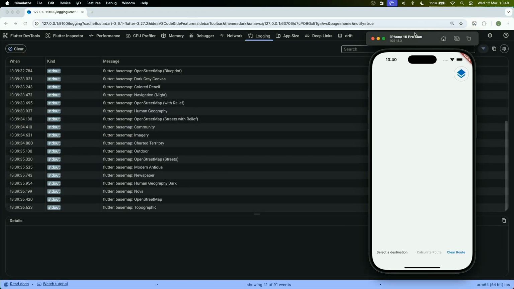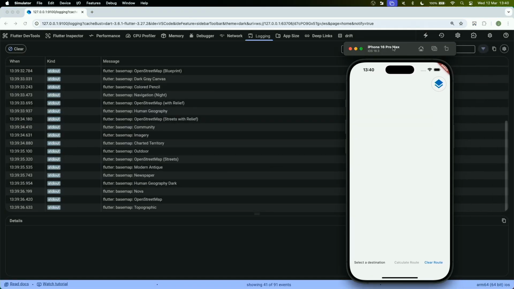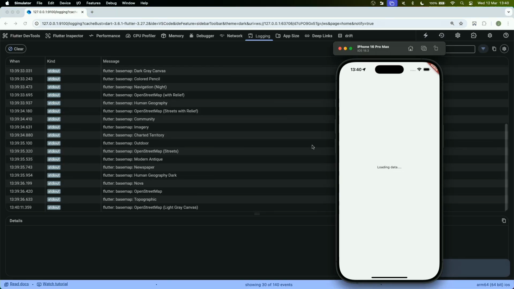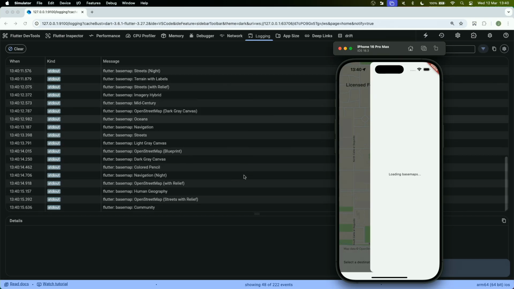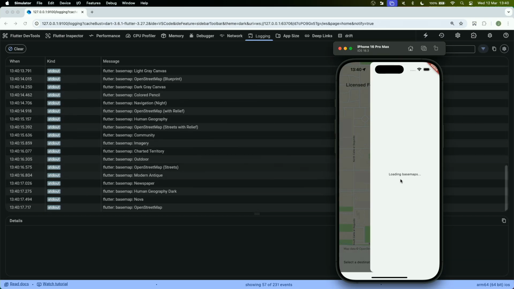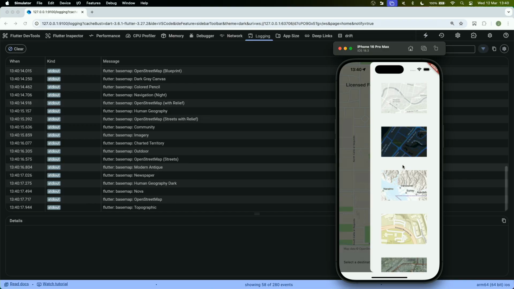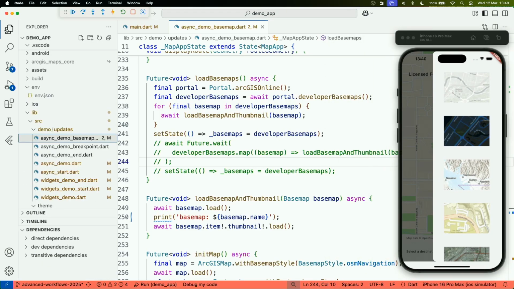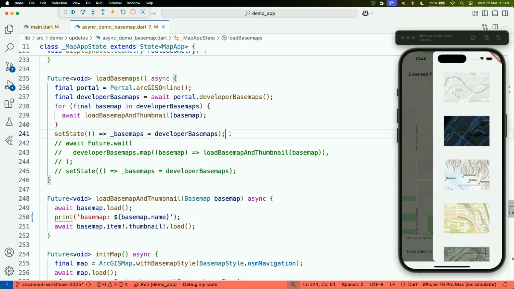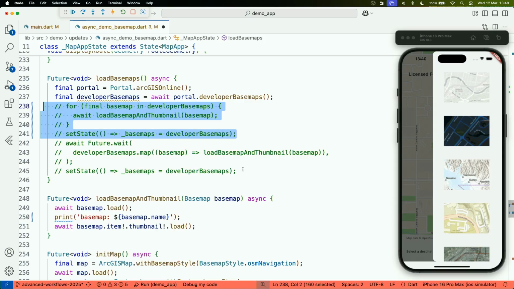And if I restart now, we'll see that the base maps are loading kind of one by one. So you see how they're printing out one by one. We see this loading base map screen, and it took quite a while for that loading base maps message to disappear. Whereas if I switch this call out here where I'm looping through